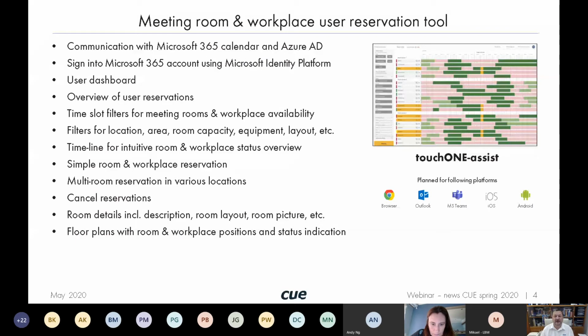The first stop in the software is the front end we call touchONE Assist. touchONE Assist is dedicated to end users. It's a platform we have in development for communication with Microsoft 365 calendars and Azure Active Directories, and it brings a lot of stuff